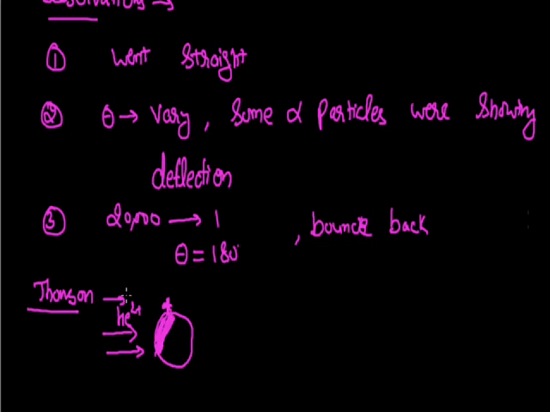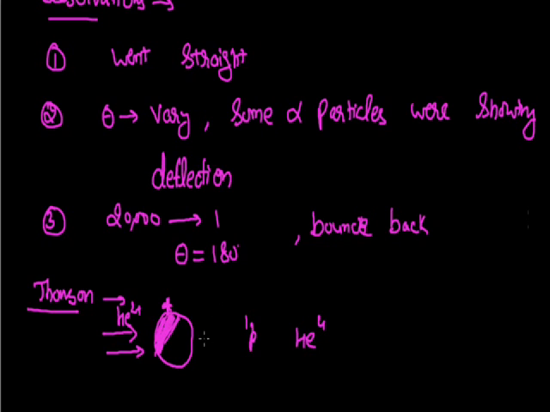If we talk about the third observation, then whenever we bombard alpha particles on this atom, according to Thomson, there will be a collision between one proton and one alpha particle. Since an alpha particle is 4 times heavier than one proton, it's never possible that by the collision this much heavier particle should bounce back. But in Rutherford's experiment, he was getting results like one alpha particle bouncing back, and that is not explained by Thomson's atomic model. So these three observations of Rutherford's experiment cannot be explained by Thomson's atomic model.